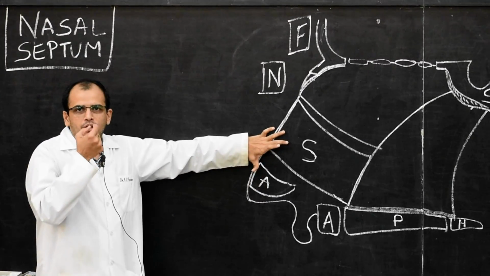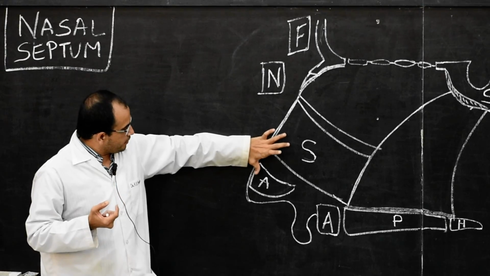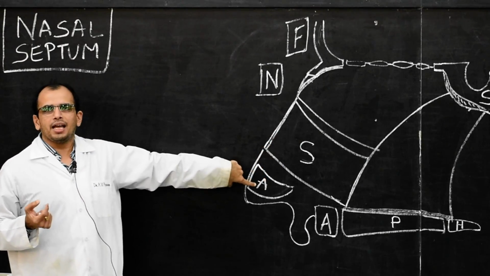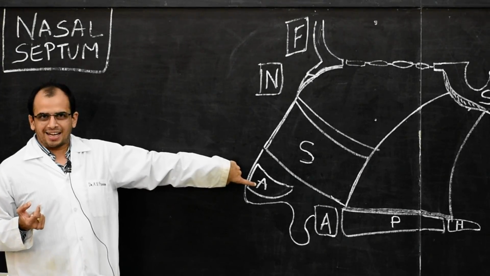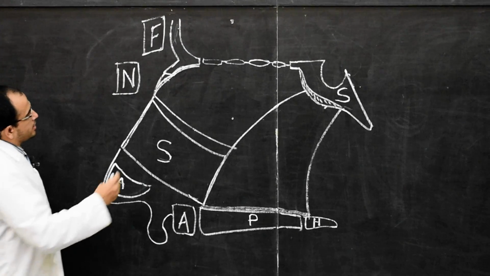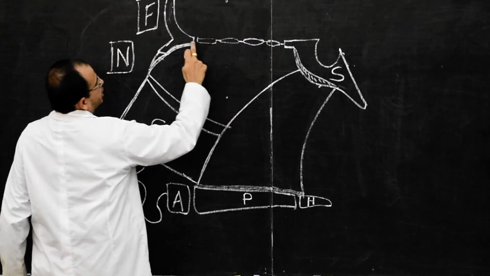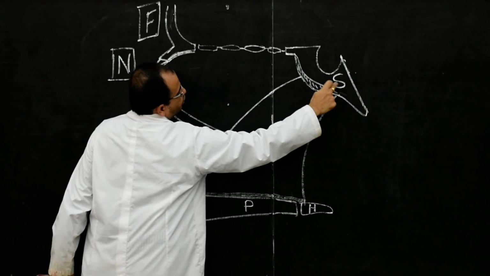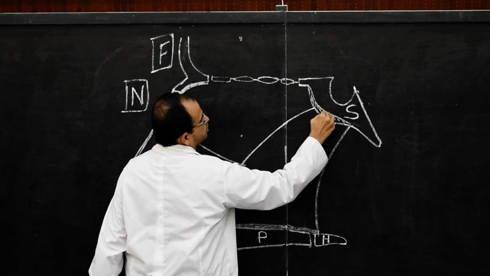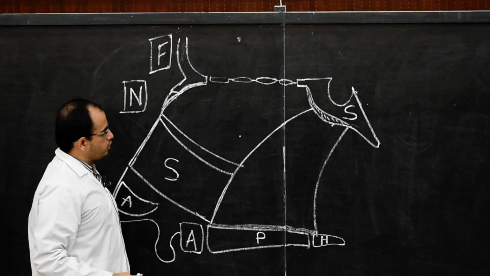In fact, if we put our fingers in our nasal cavity, we can even palpate these two, the septal cartilage as well as the septal process of the alar cartilage. Going to the posterior aspect, in the upper part we have the cribriform plate, then the sphenoid, and the anterior aspect of the sphenoid is called the rostrum of the sphenoid.